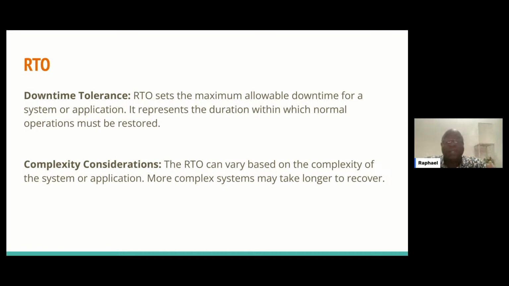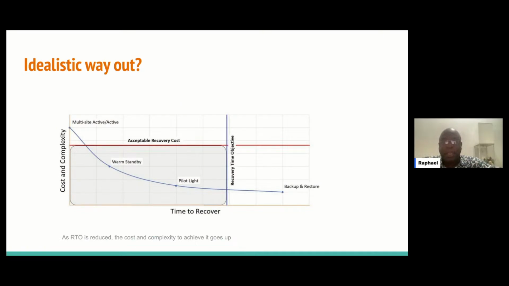You didn't push to a second availability zone, because maybe you were considering the cost. So what are you going to do? Now the RTO can be a very complex system for applications, and let's see why in the next slide. It's not just about recovery. There has to be a balance.